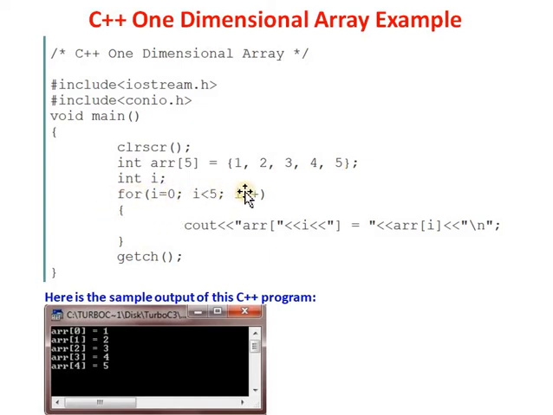And for accessing the elements one by one, I use a for loop statement. By using the for statement, the array elements are called continuously. First I assign the value 0 to the variable i because I want to retrieve the array elements from the beginning. Then the condition checks i less than 5 because the array size is 5. After that I want to retrieve the array elements sequentially one by one, so for that the increment operator is used.